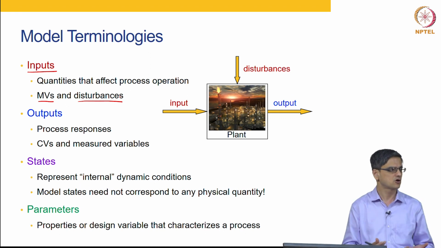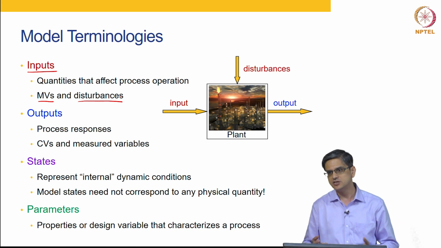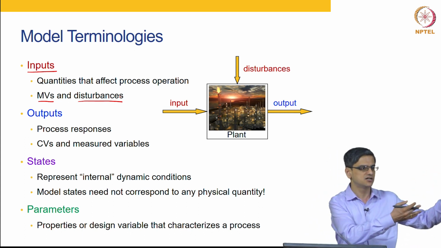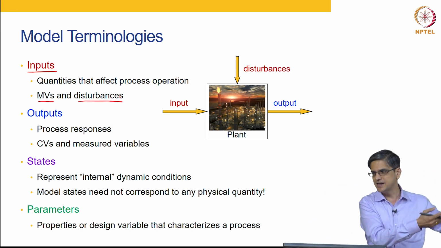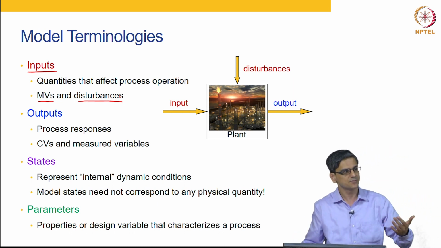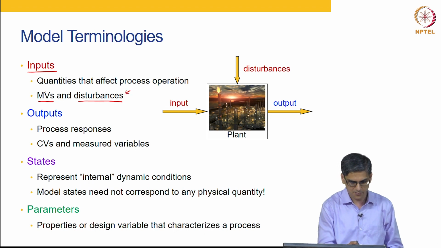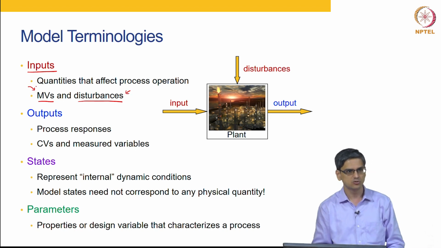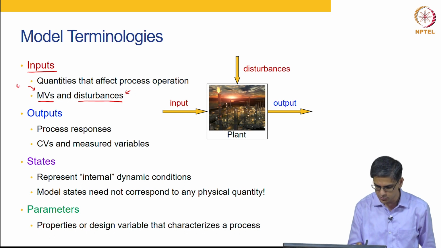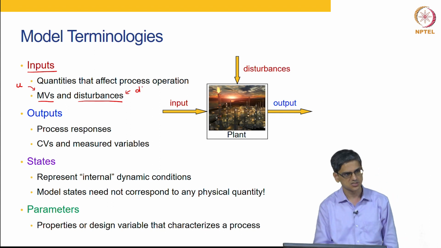For example, if you talk about a reactor, the inlet temperature in the reactor, you have the ability to change it, just that for a lot of processes you will just take whatever is there in the tank. Morning time the tank might be at 25 degrees Celsius, afternoon time it might be at 35 degrees Celsius. So, that particular value changes, but you do not change it, it is changing on its own, it is called disturbances. Manipulated variables are the ones that you change on your own. I will use U to represent manipulated variables, D to represent disturbances.